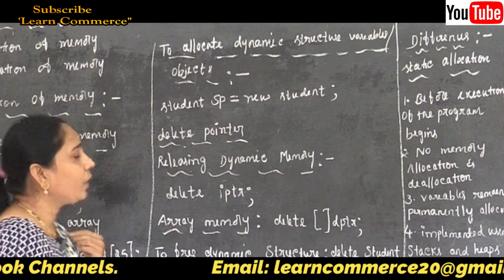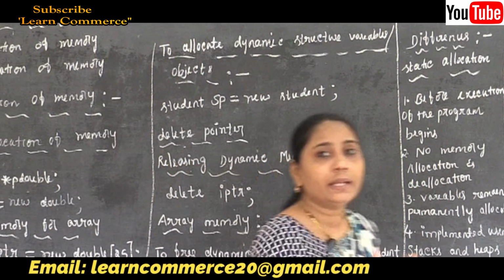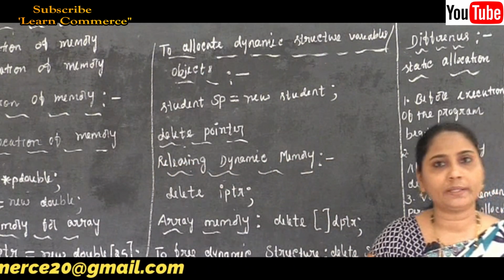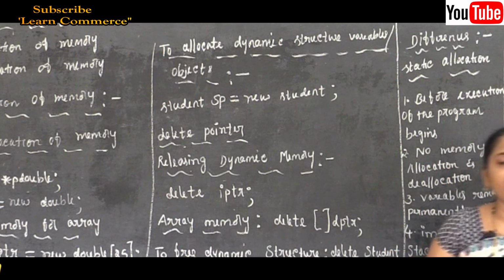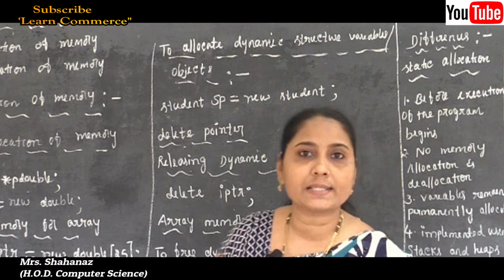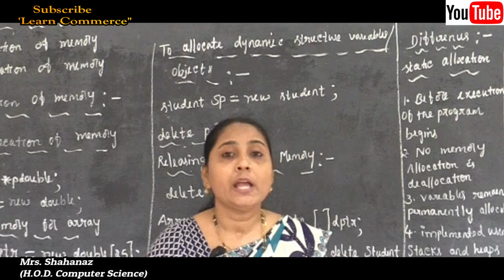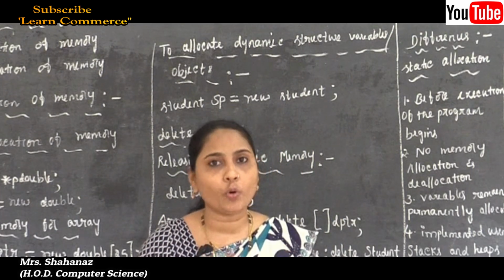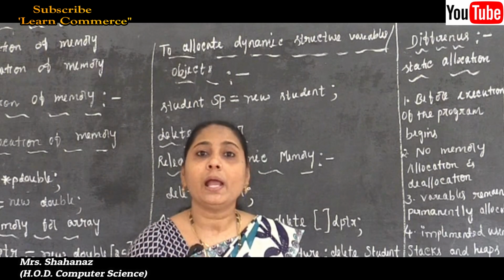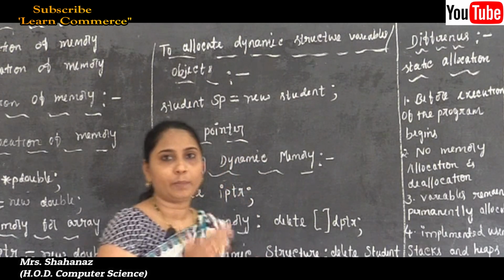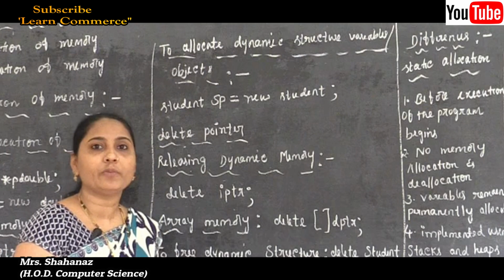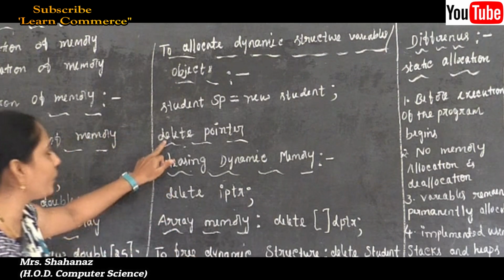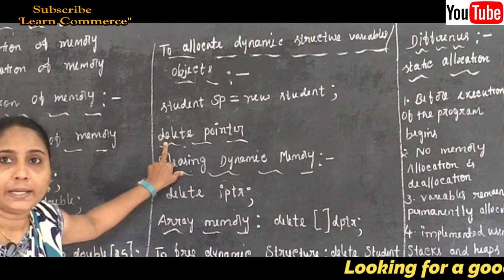Now let's see why, because here we know that two dynamic operators are going to be used. The first operator is the new operator, and this new operator is used to allocate memory for the object here. Maybe if you don't want the extra memory, in case you want to delete any memory, what's the operator we are going to use? So the operator is called the delete operator.